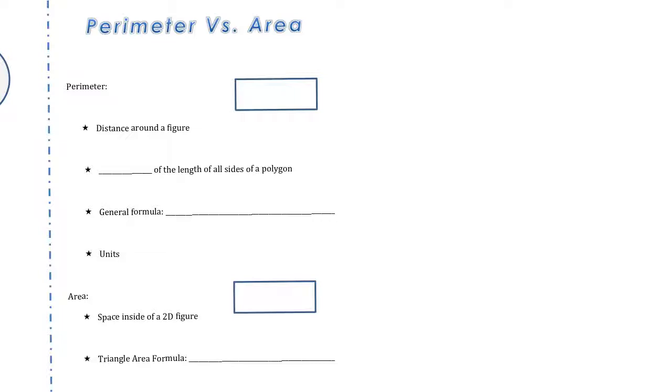So this is side 1. This is side 2. Side 3. Side 4. So my formula for perimeter is just P equals side 1 plus side 2 plus side 3 plus side 4 plus, if it was 5